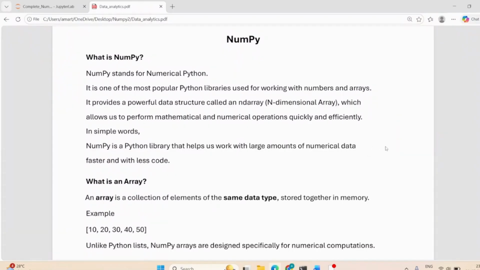So today we are going to discuss the complete NumPy library. Let's understand what NumPy is. NumPy stands for Numerical Python. It is one of the most popular Python libraries used for working with numbers and arrays. It provides a powerful data structure called an ndarray. ndarray means n-dimensional array, which allows us to perform mathematical and numerical operations